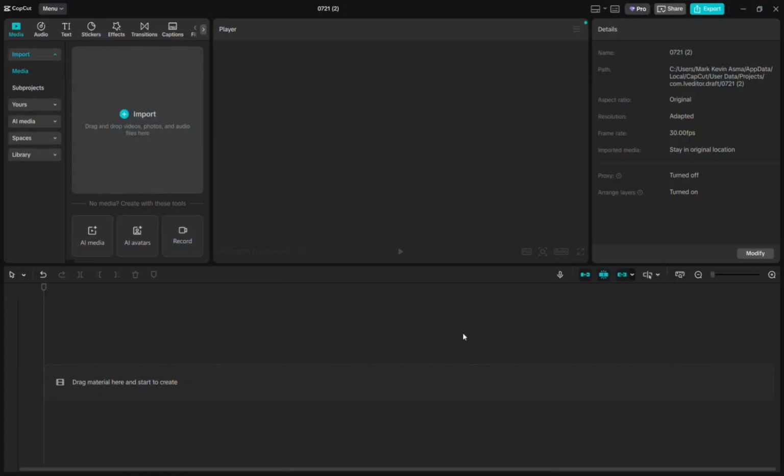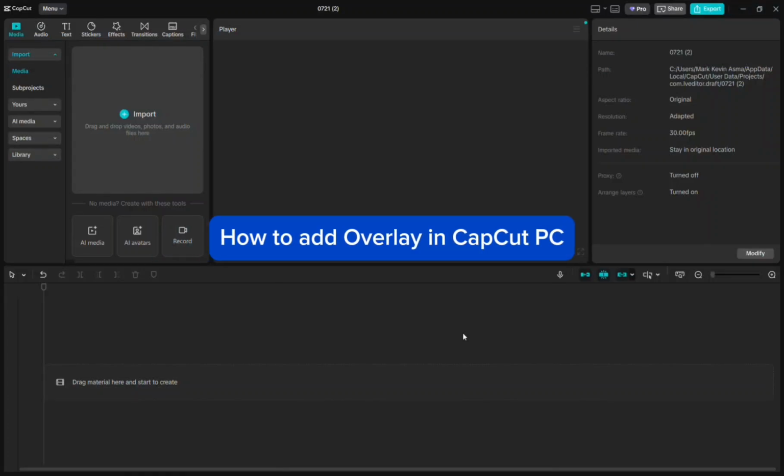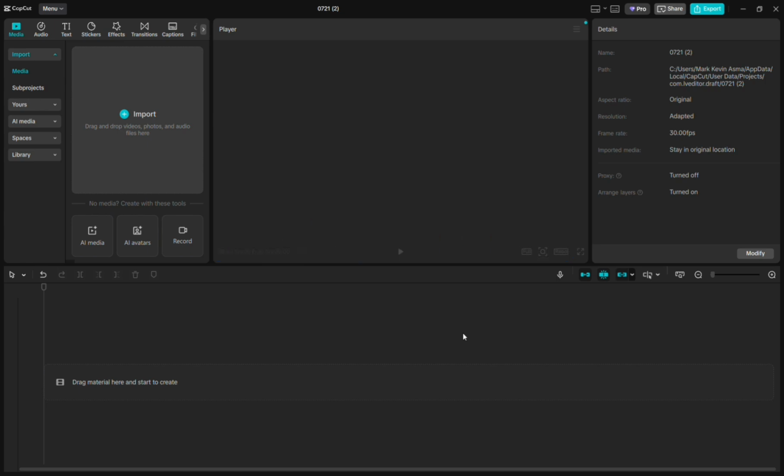Hello guys, in this video I'm going to show you how you can add overlay in CapCut PC. So the first thing that you need to do is to simply open your CapCut application on your PC, and